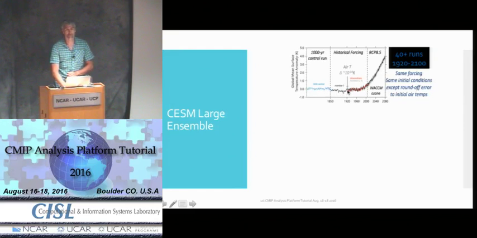A single member going from 1850 to 1920, we usually do our control for 1850 conditions. In 1920, stop the model, put a big butterfly in the model, a 10 to the minus 14 K perturbation in temperature in the atmosphere, right? It's pretty small. And then keep on going. So you just change the initial conditions, and nothing else changes.